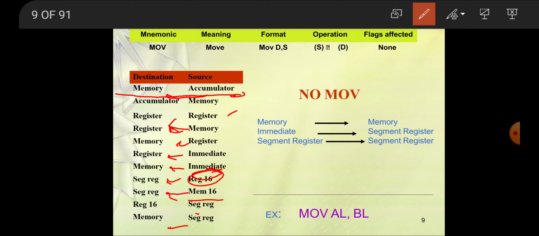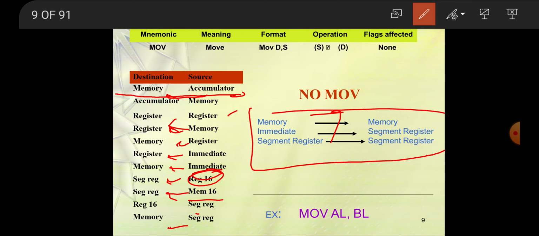Now where can the MOV instruction not be used? Memory to memory, picking the data from memory and storing it in memory, is not possible. Also we cannot store an immediate value into the segment register, nor move from segment register to segment register. These operations cannot be performed in a MOV instruction.